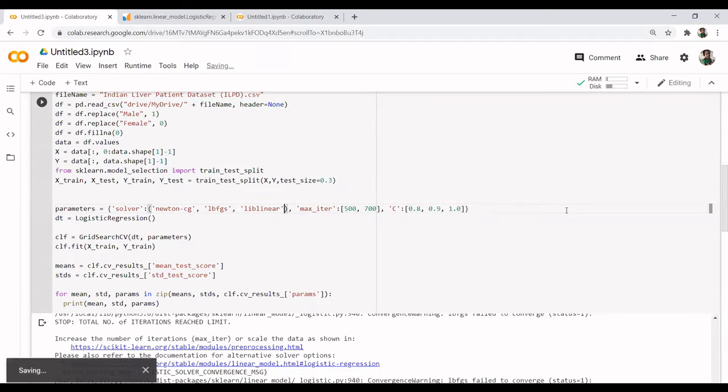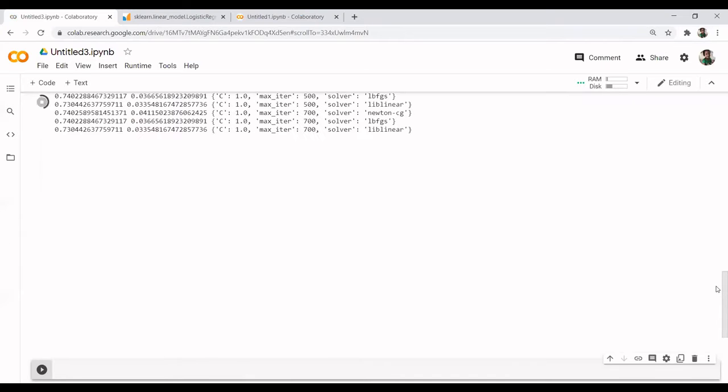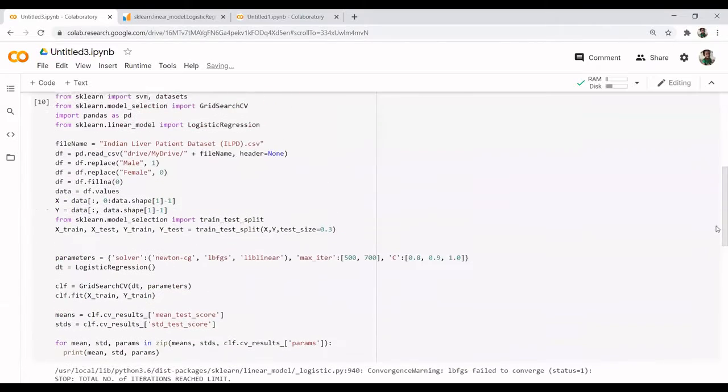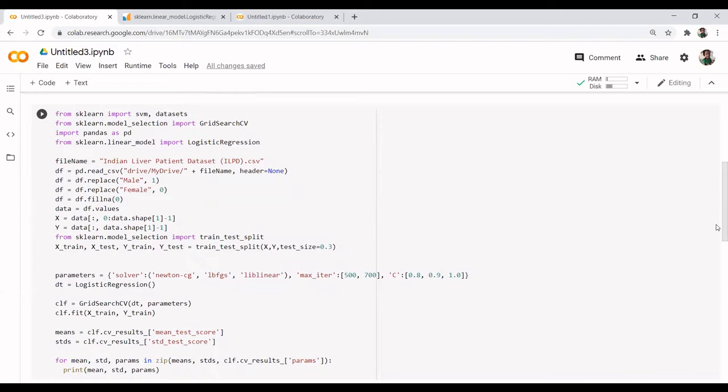So control S. It has told us here also that the maximum number of iterations are done but it is not yet optimized. So again we can run it for optimization. So yes, it says maximum number of iterations and all, and these are the accuracy. So you can tune on it. But if you ask me if I want to choose between multi-layer perceptron and logistic regression, I'll still prefer multi-layer perceptron over it.